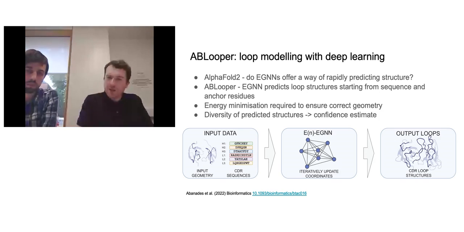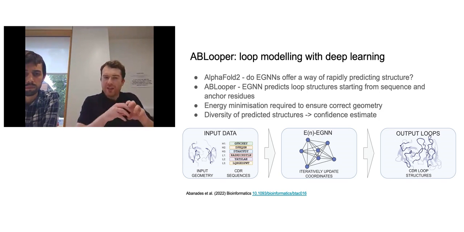So as Charlotte mentioned earlier, this method proved to be very fruitful, and it could both rapidly and accurately model all of the loops. But something that's important to note is that the most accurately modeled is not necessarily the most useful. When you model each CDR loop in isolation, you get a very good model of it. But you then need to put that together with the other loops and the rest of the antibody structure, and potentially have it binding with an antigen.